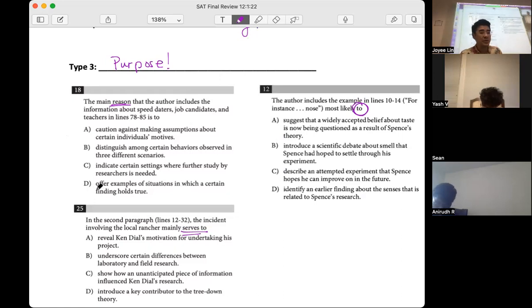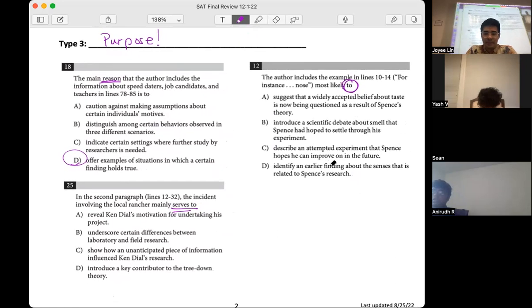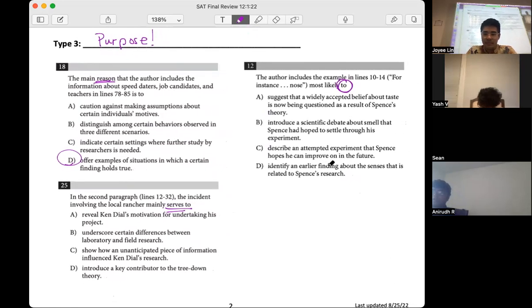It could be true. And then maybe for something like 12, what would he hope to settle through his experiment? I don't know. Like you don't really settle things with science experiments. Maybe C would work, right? Maybe D. Okay,